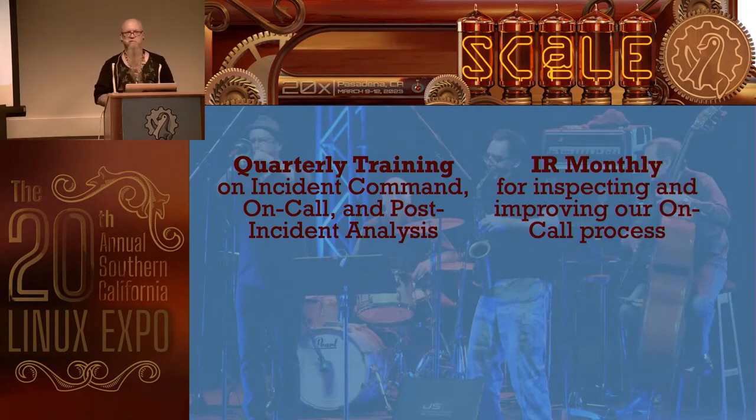IR Monthly was a monthly meeting, and it was a retrospective on the process itself. So we made some decisions that ended up being not so great decisions, and we used IR Monthly to look into those and introspect into the program that we were designing. A good example of something that came up on IR Monthly was in that incident command rotation, we had some people put on the IC rotation that were not taken off their engineer rotation. And so all of a sudden, one shift, someone was IC and primary on-call for their team.